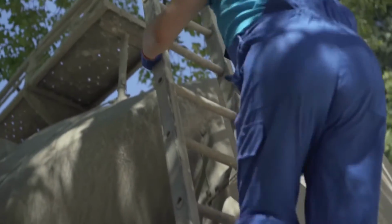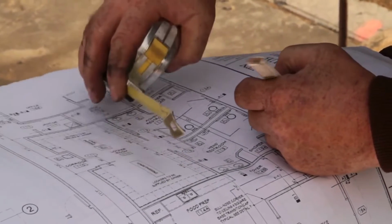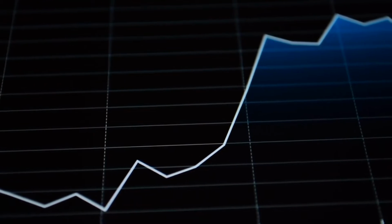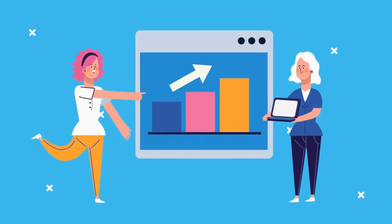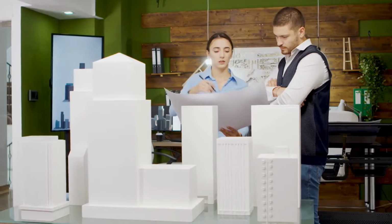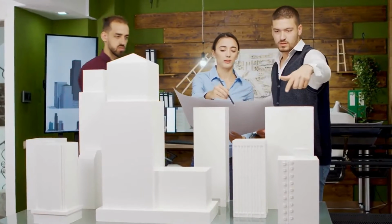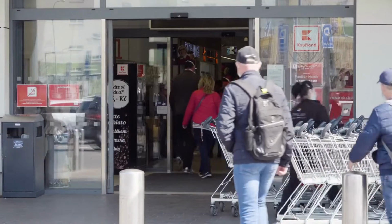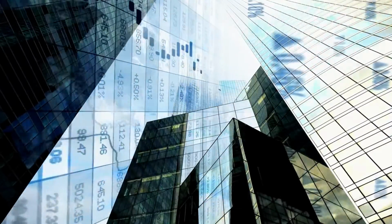The construction industry is one of the most volatile industries in the world. High levels of uncertainty, volatility, complexity, and risk characterize it. The construction industry is highly cyclical, meaning that there are periods of growth followed by periods of decline. This means that businesses must constantly adapt their business models to survive and thrive in this environment. In addition, the construction industry is highly competitive, with many companies competing for the same projects. Finally, the construction industry is very capital intensive, which makes it difficult for small and medium-sized enterprises, SMEs, to enter the market. In order to compete successfully in this market,